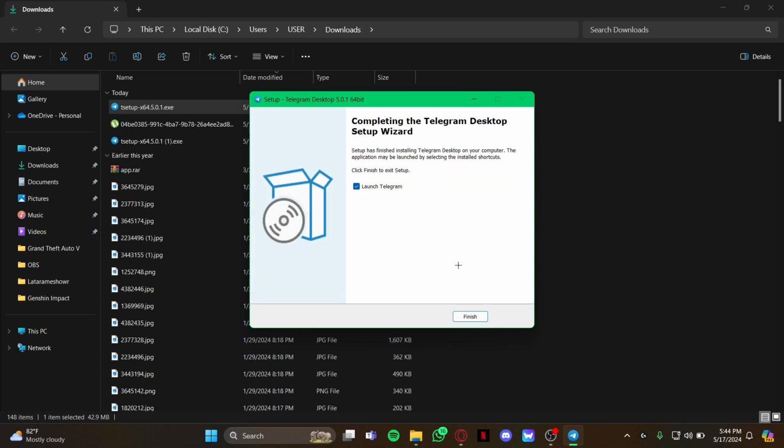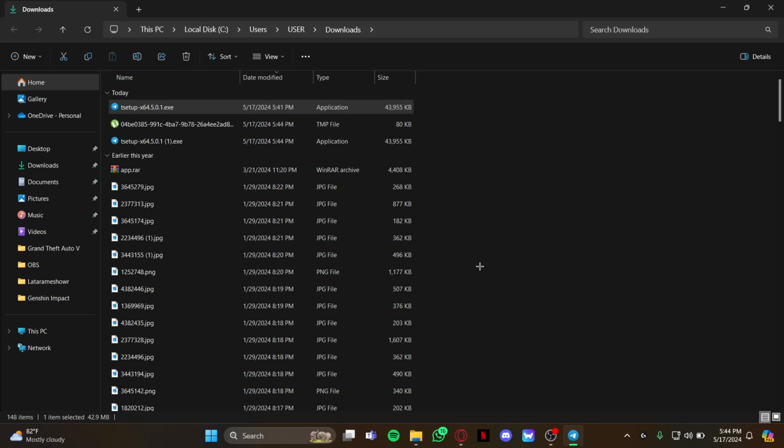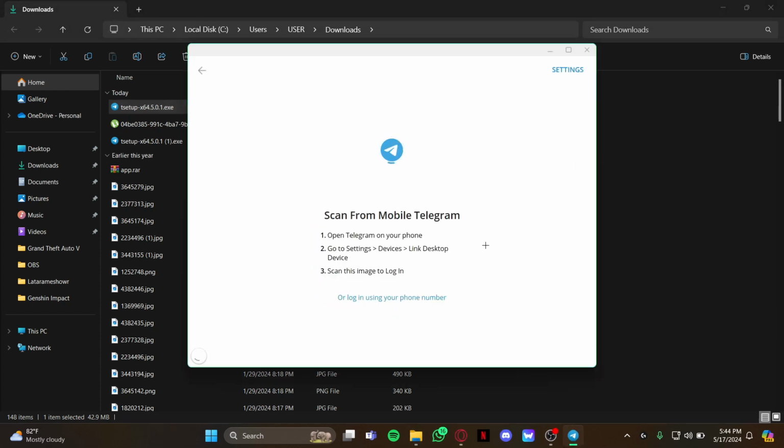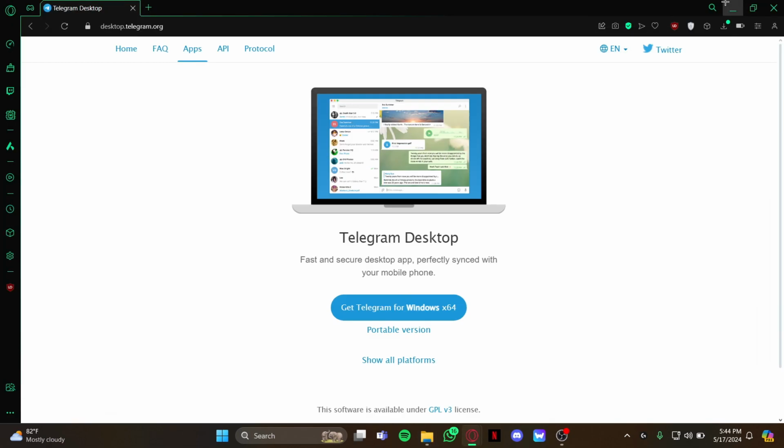Now you can use all of the Telegram settings and all of your chats which is on your phone. So go ahead and click start messaging and scan the code which is over here from your Telegram mobile and start using Telegram now. I hope this video about how you can download and install Telegram on your PC was